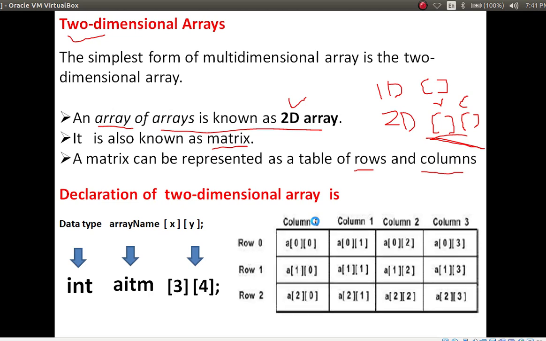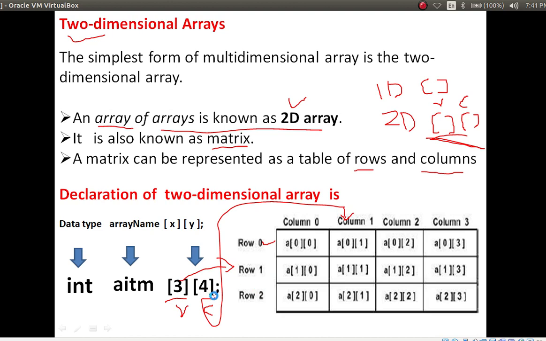It means 3 rows. The first box represents rows and the second box represents columns. So 3 rows are there, 0, 1, 2. These 3 represent rows and this 4 represents columns.